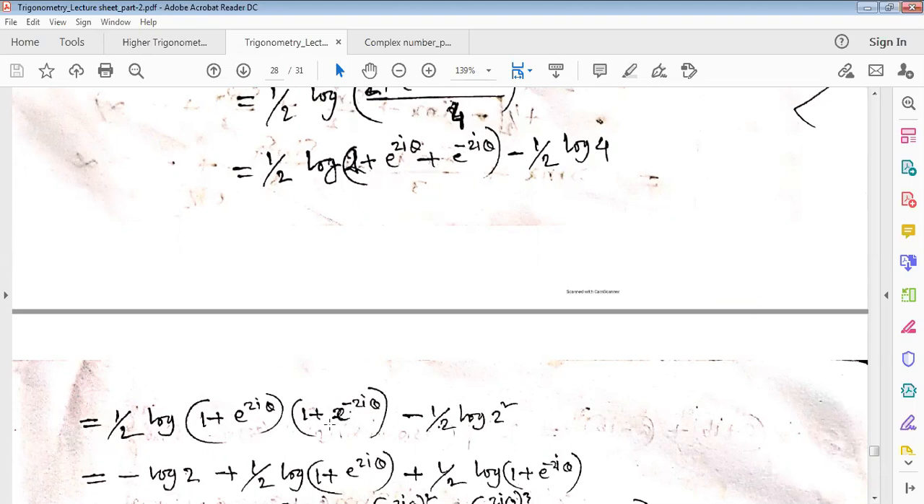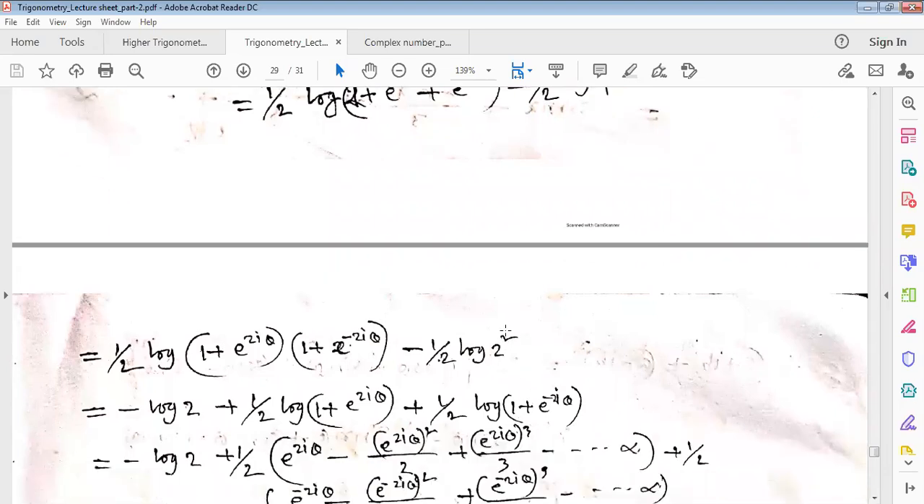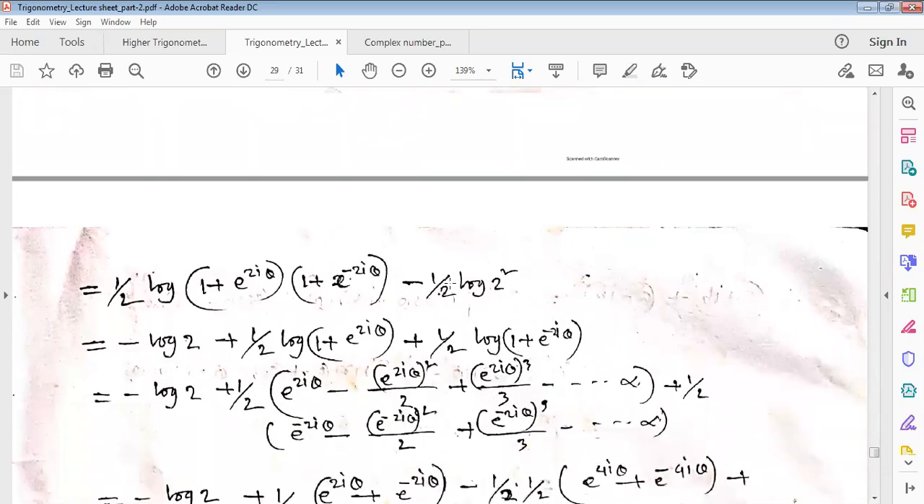Understand? Taking multiplication, we get this. That means making factorization, this term we get this one. Then minus half log 2 square. 2 square means what? 4. Now this 2 will come before log. Using log properties, this will be only log 2 minus log 2 minus log 2 plus this will be